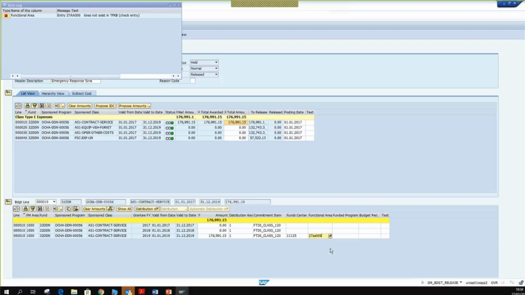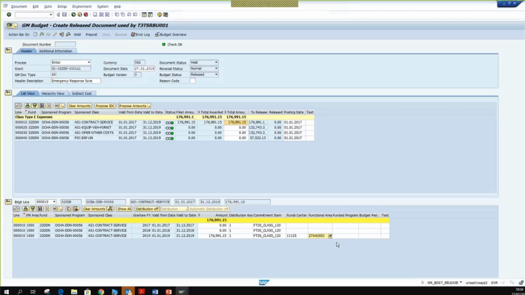And the funded program is the one that was linked to the internal order that we created for expenditures. Okay, this is the one that we have to generate for you guys because sometimes it's not created automatically, and this is in our case